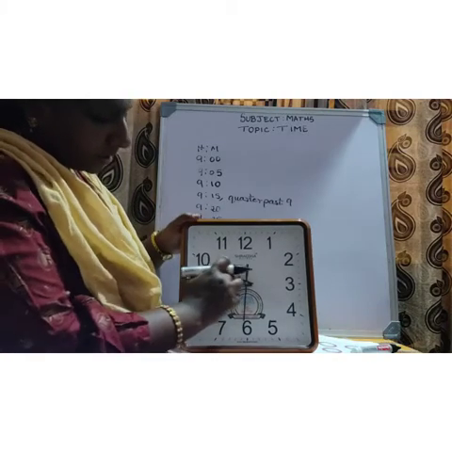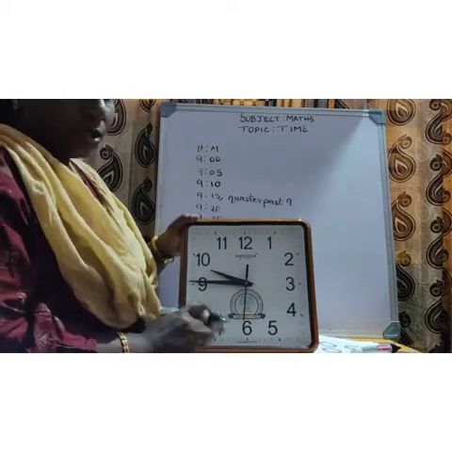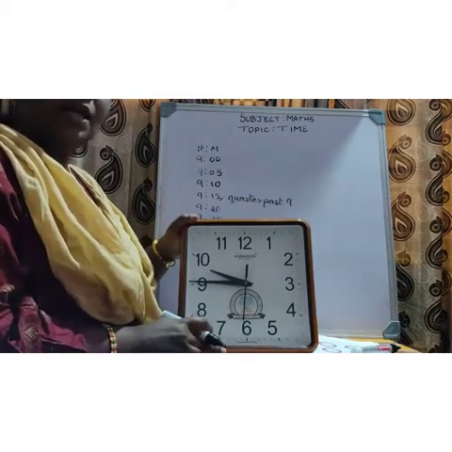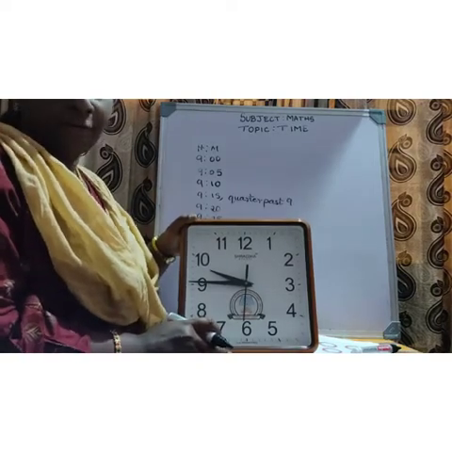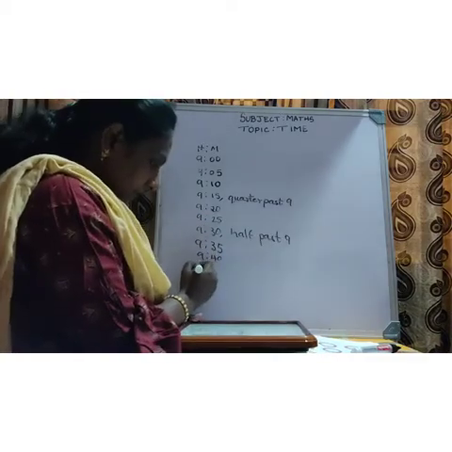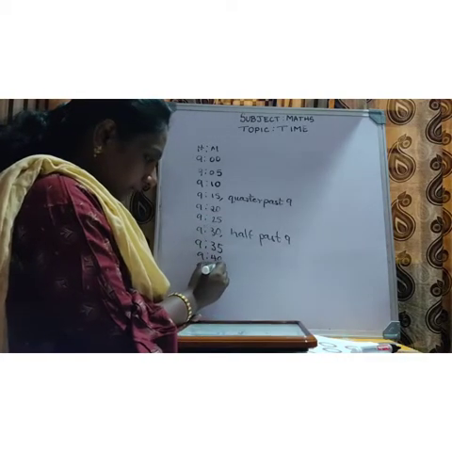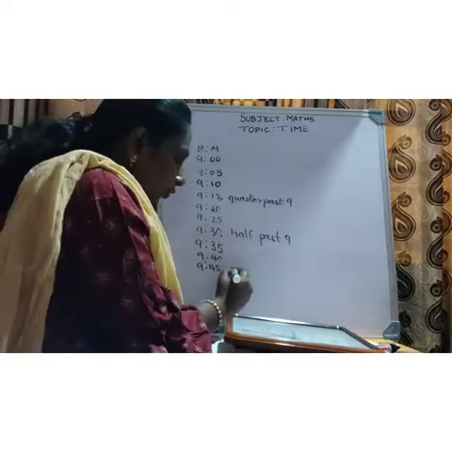Okay. Now the minute hand is at 9 and the hour hand is at 9. So what is the time now? It is 9 hours and 45 minutes. That is 9:45. You can write it as 9 hours 45 minutes, or you can tell this as quarter to